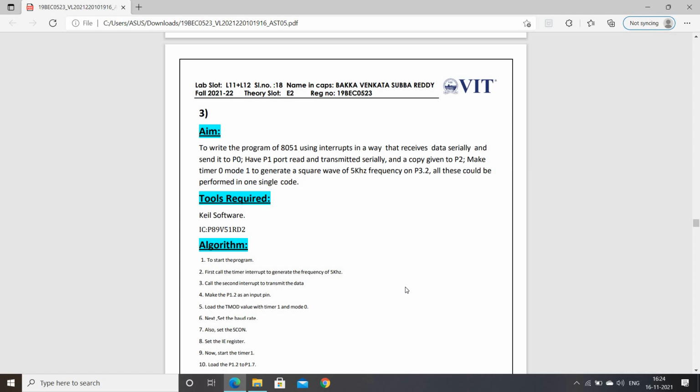So our aim is to write the program of 8051 using interrupts in a way that we receive data serially and send it to P0, have the P1 port read and transmit serially, and a copy given to P2, and make timer 0 mode 1 generate a square wave of 5 kilohertz frequency on P3.2, and all these could be performed in one single code. And these are the tools required, and this is the algorithm,